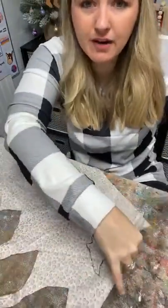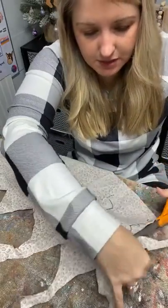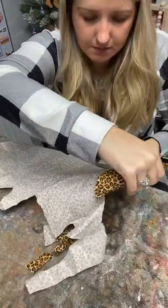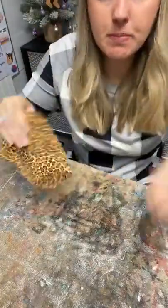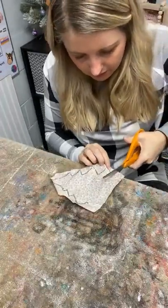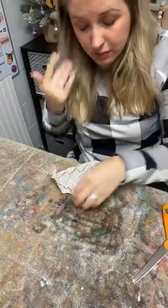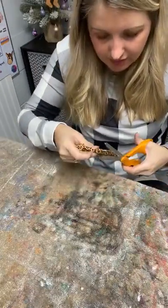Hopefully this part goes better. I'm gonna cut all around it first and make it just easier on myself. I know that it's easier with less fabric around it to work with. I know it's just an extra step, but I think it makes it easier, so it's worth it. I'm gonna try to overcut it, make it a little bit longer on the bottom to start, to make sure that it's where we want it to be. I don't want to cut it too short, so I think I traced it in the right spots, but just to be safe,